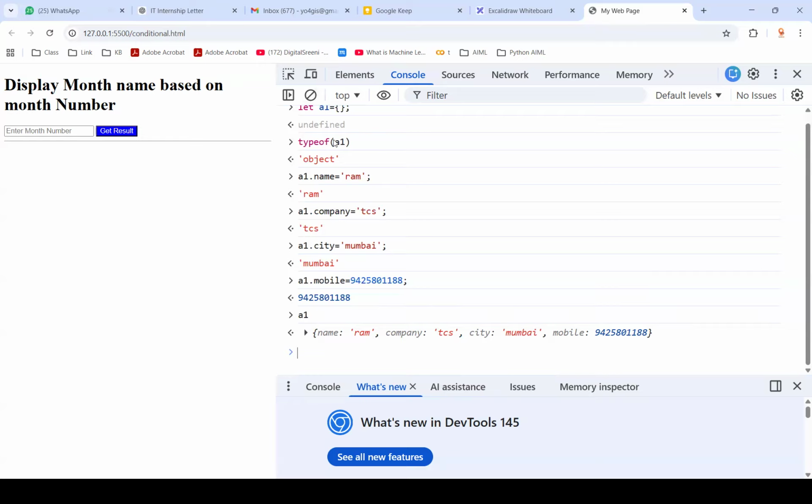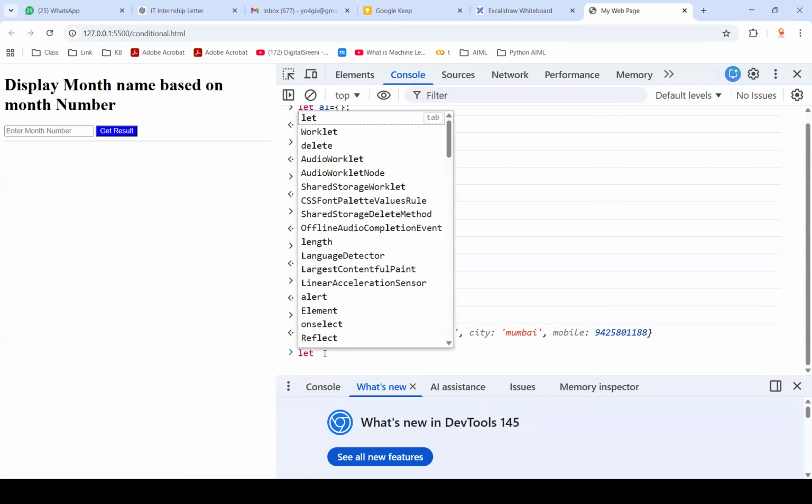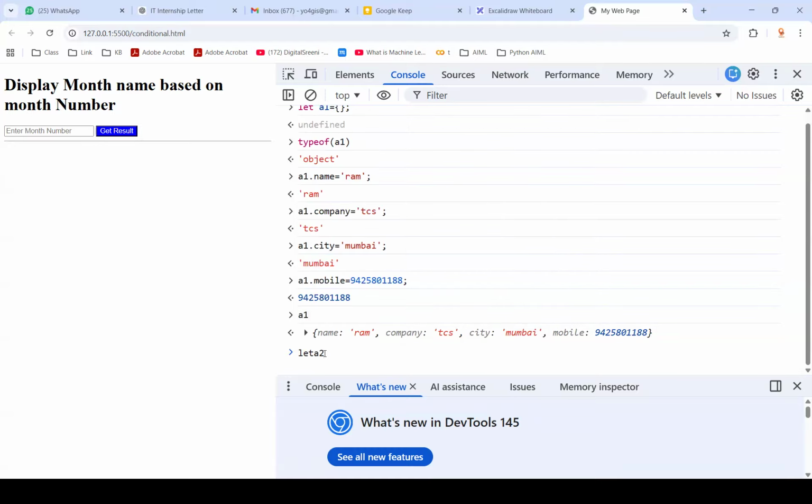Let's suppose in the class there are three students. For example, we have a class. In the class, how many students do we have? We have three students. So the first student you have created. Now similarly, I can create the second student. Let's suppose the second student is A2. A2 is equal to